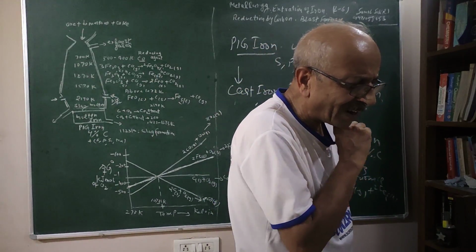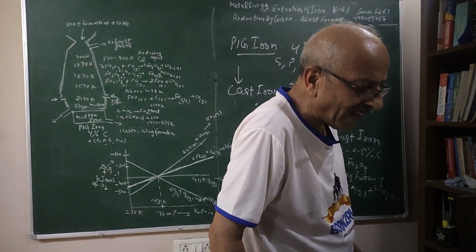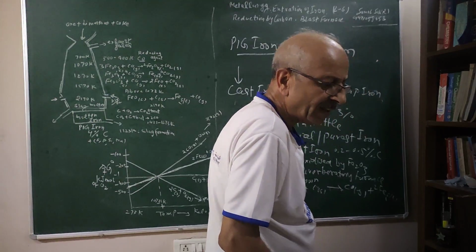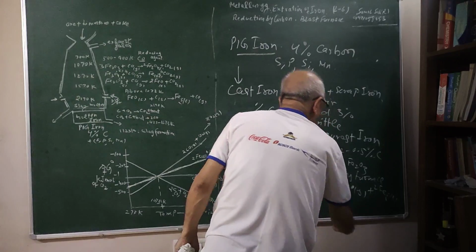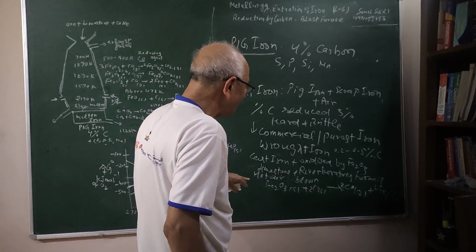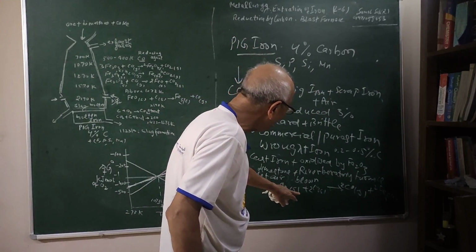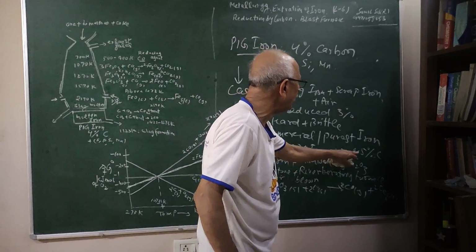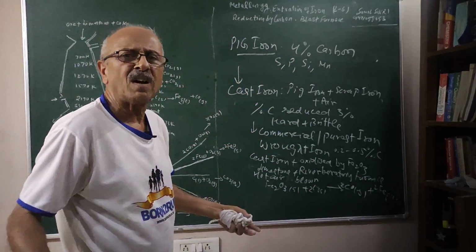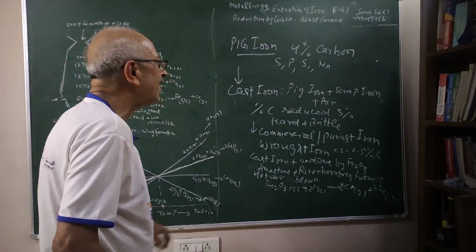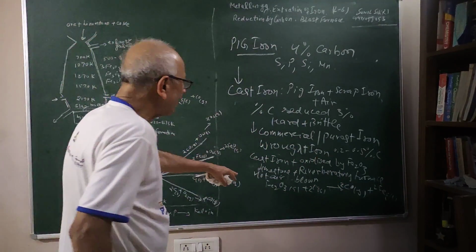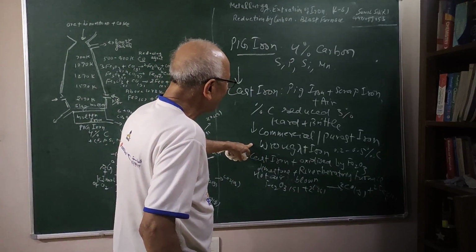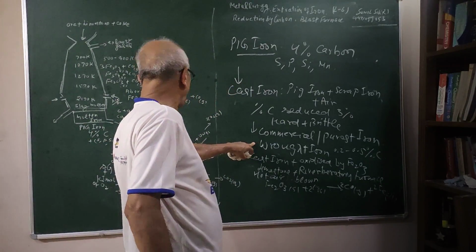Therefore, students, what we are doing is basically oxidizing this carbon to form this, and you can balance the equation if you want. So the result is what you can see. We are reducing the amount of carbon to 0.2 to 0.5%. Iron becomes malleable and ductile. This is the iron which is in great demand, and you prepare stainless steel and other alloys using the best and most commercial form of iron, which is wrought iron.